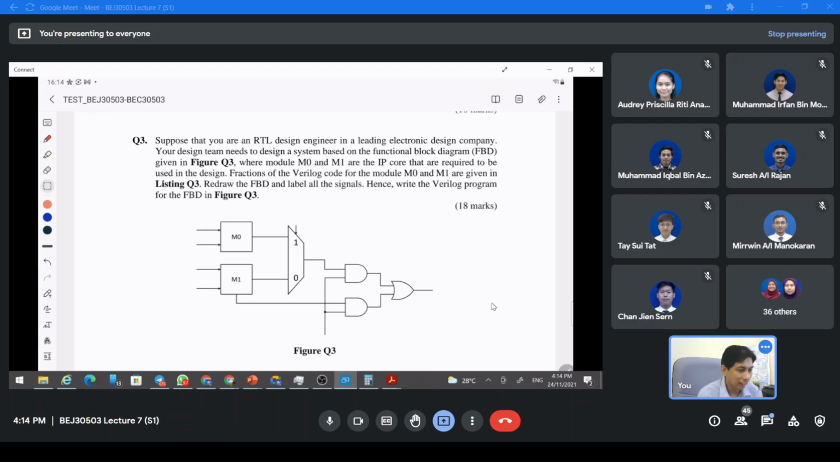Suppose that you are an RTL design engineer. An RTL design engineer is the engineer that writes Verilog code to design a digital system. That is called RTL design engineer, right? So if you're interested to work in the digital design field, the post is RTL design engineer. In a leading electronic design company,